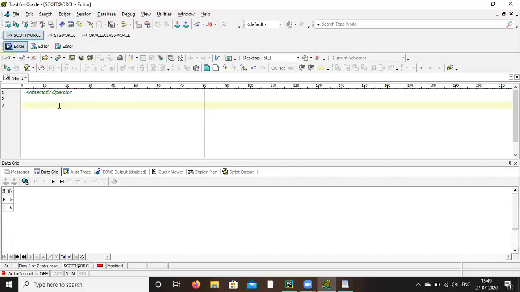Dual means 2, right, sir? No, DUAL. Dual is a dummy table in Oracle.